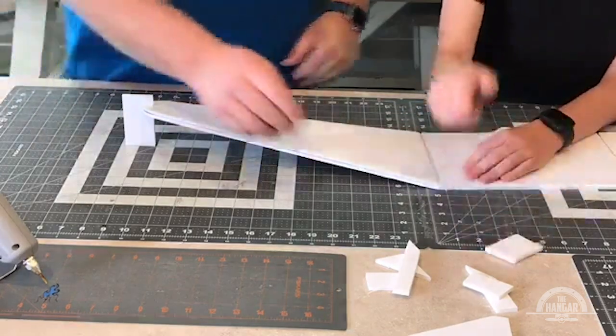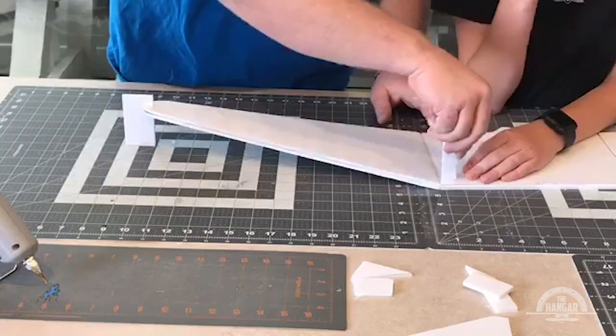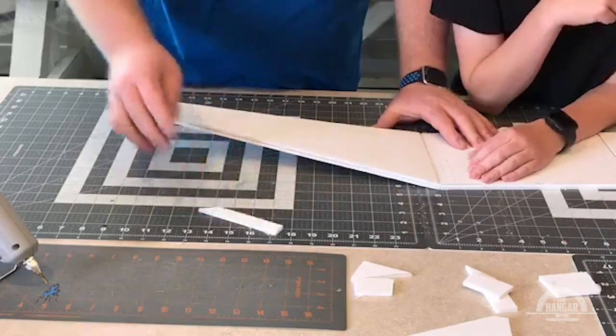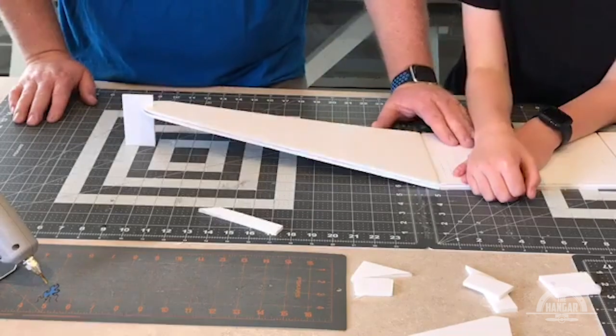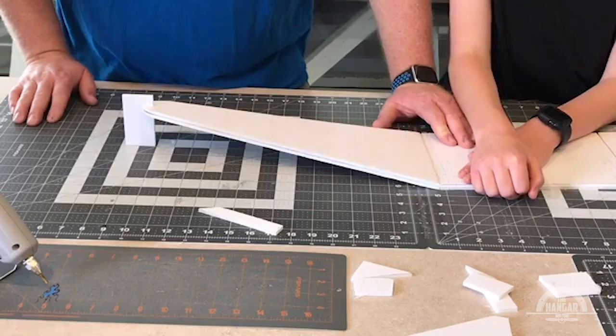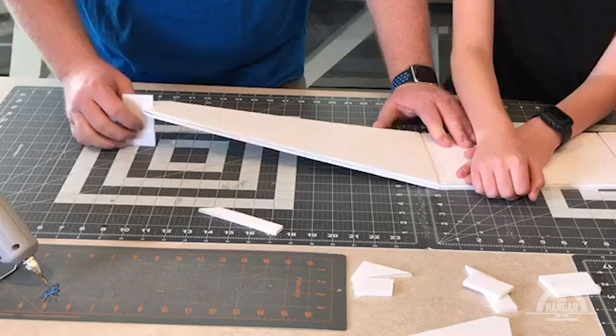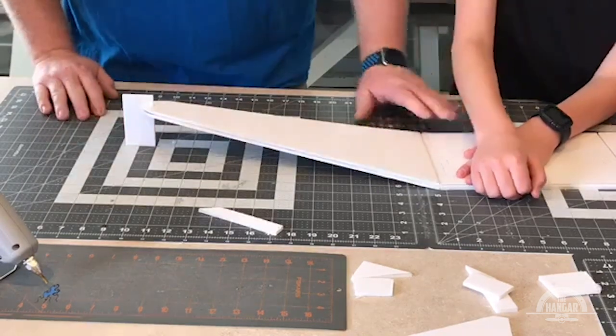Okay, you got that? Yep, set that down. Don't burn yourself. Let's just get this off a little bit here. Now we want to hold that, because we put a lot of glue in there, we want to hold that probably for 30 seconds to a minute, okay? Because we want to make sure that that's completely dry and that we don't lose any of our dihedral